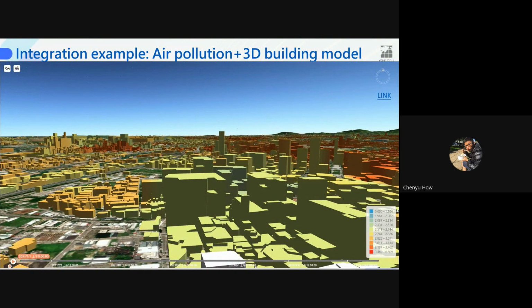Because the 3D platform is also part of the NCHC GIS as a service infrastructure. So we have successfully integrated the air quality pollution data computed through artificial intelligence by a professor from Chen-Yu University. From their team, they provide very detailed air pollution